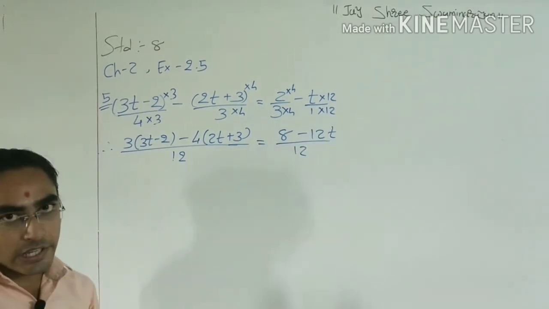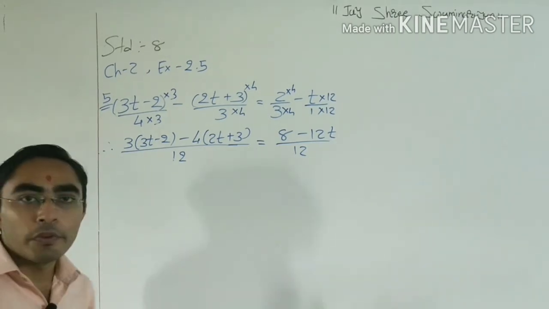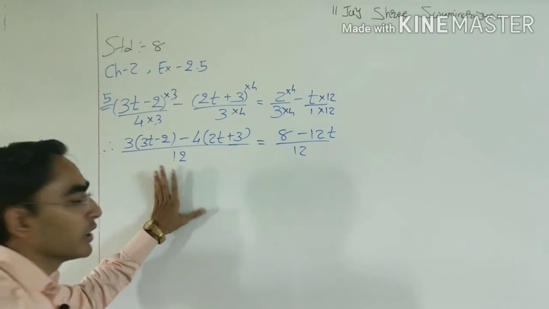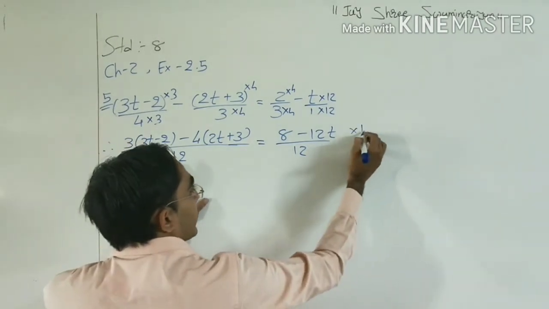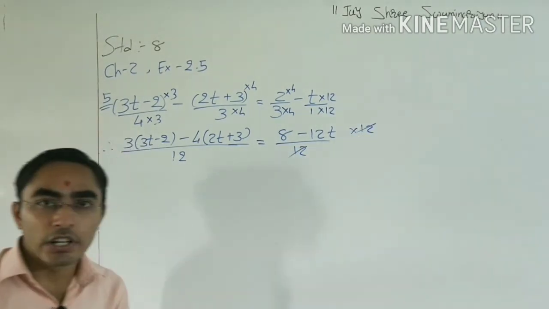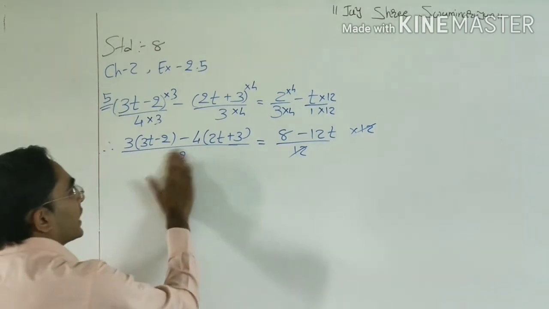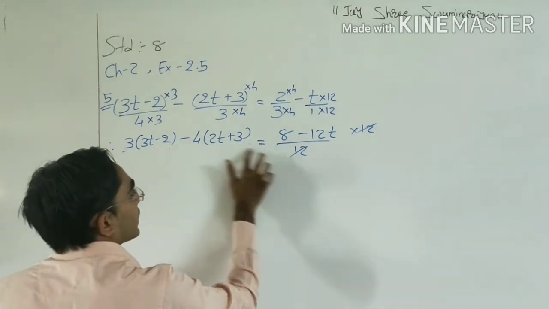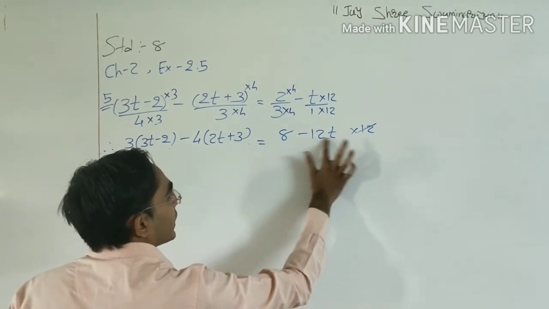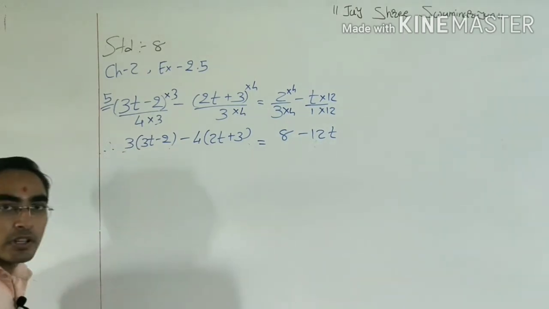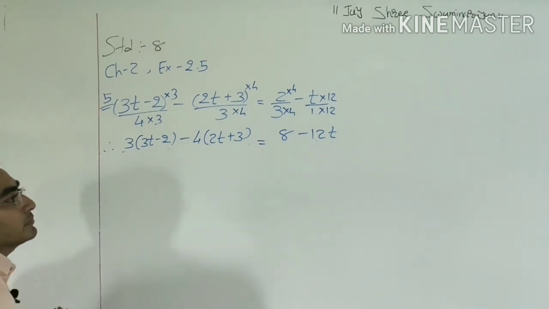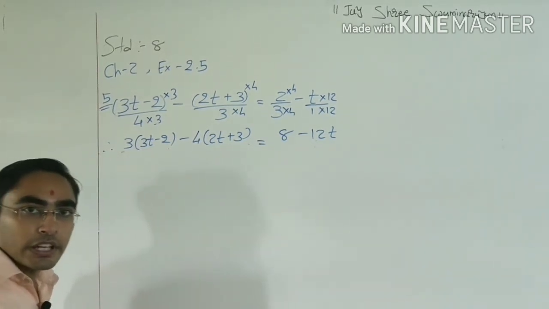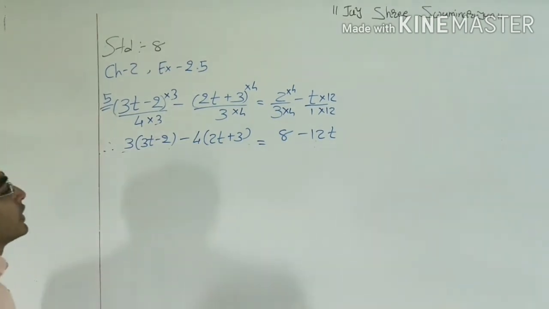Here we are taking the LCM on both sides, so we do not need to write the denominator. If we write this denominator and transfer it to the left hand side, it cuts. So directly, if we take the LCM on both sides, then we do not need to write this denominator. And if we write the denominator, then we can get the same answer.